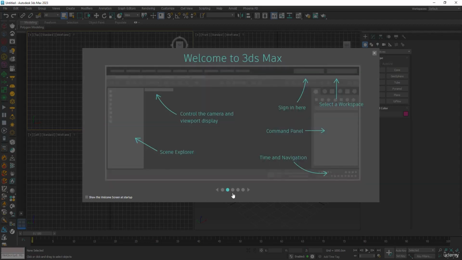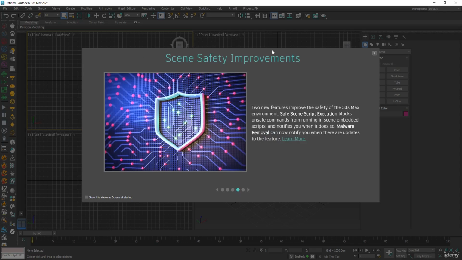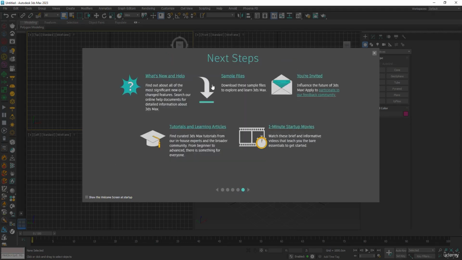After opening 3ds Max for the first time, you are going to see this welcome screen. There is nothing fancy here. It is just showing you the things that you can do, such as Scene Explorer and Controls. Don't worry about them. I will teach you every single thing. And here, some navigation. I will teach you that also. Then these scene safety improvements. Don't worry about it. And these are the next steps. You can watch them, but I don't recommend it because they are not